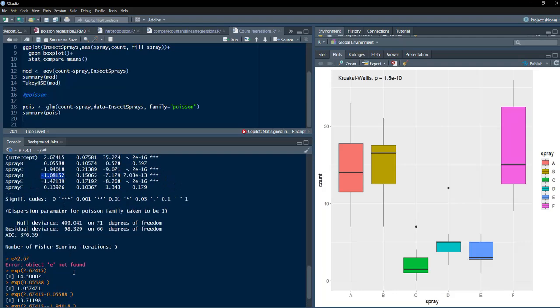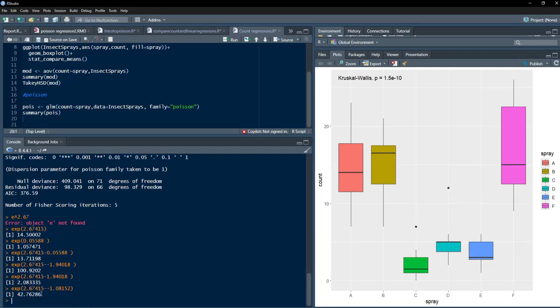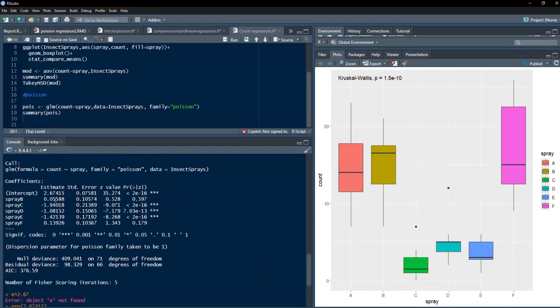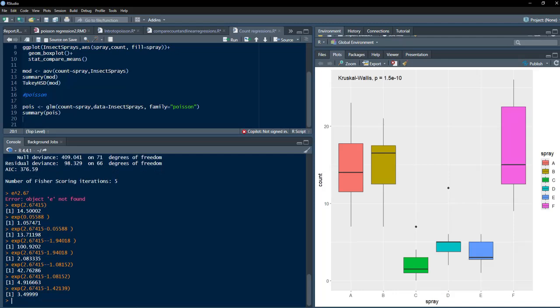For spray D also negative, that is around 2 only will be there for spray D, and again the 2 negative came together. When run that, 4.91 insects will be there because of spray D. Spray D is less effective as compared to spray C, little less effective, but not statistically significantly different. For spray E, I will not repeat that double negative error again. For spray E, 3.5 insects will be there, and for spray F,